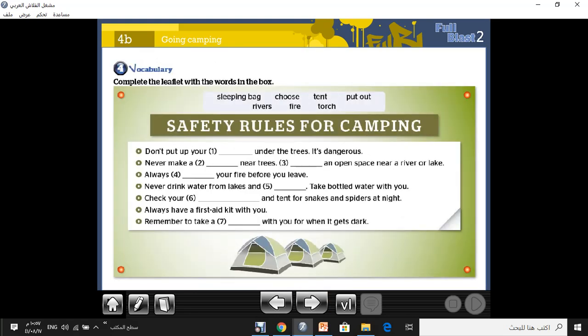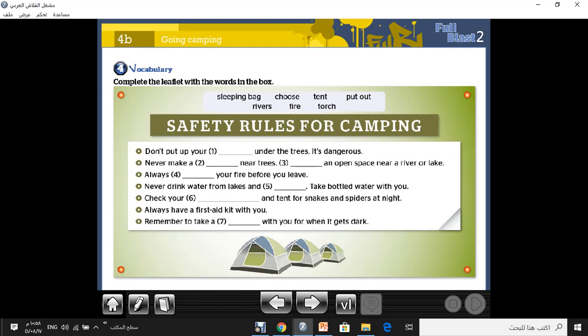Here, this part about vocabulary. Repeat with me. Sleeping bag, choose, tent, put out, rivers, fire, torch. Again, sleeping bag, choose, tent, put out, rivers, fire, torch. Safety rules for camping. This is the title of this exercise.